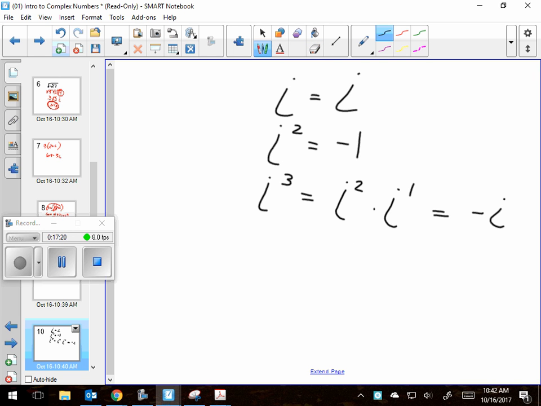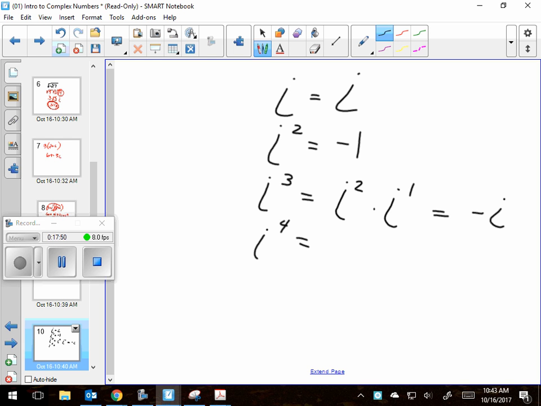So that's -1 i. I can drop the 1 and just say negative i. i is weird, no doubt about it, because you don't normally put something to a power and have it keep changing its value back and forth between i's and 1's and -1's. All right, I'm going to do another one. What do you think I'm doing next? i to the 4th. Do I expect you to memorize all these? No, but I expect you to be able to figure out any of them. Like, if I said i to the 17th, you can figure out what it is.